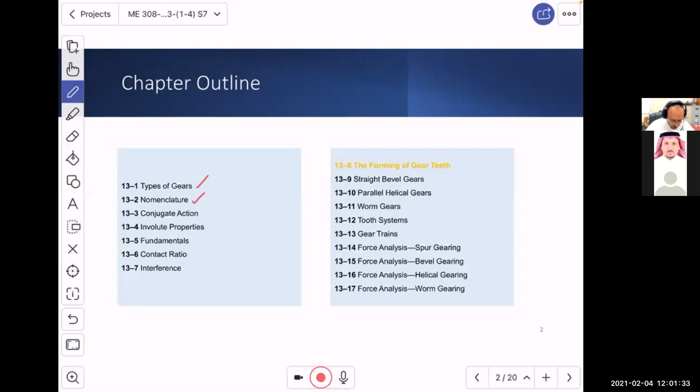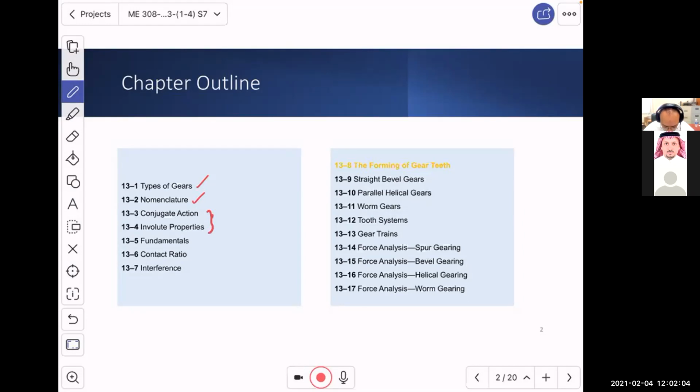Then we'll talk about the nomenclature. If you are not familiar with the word, it's like a vocabulary sort of thing. Then we'll talk about the conjugate action and involute properties. These two parts are very fundamental for gearing, or gear law, if you want to call it, and we'll see why. Then we'll talk about some fundamentals, contact ratio,